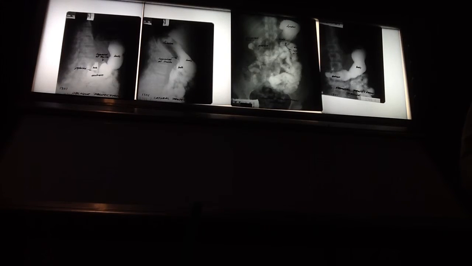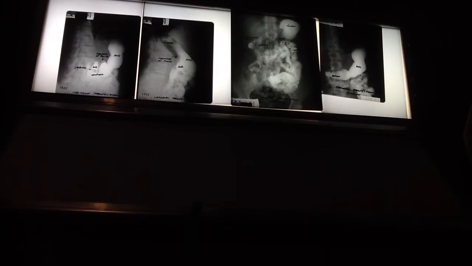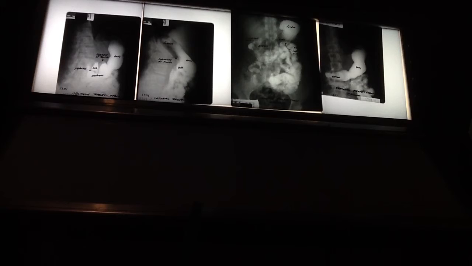So we'll show you one in just a second, but as the dye is moving through, you have peristalsis. So I can be standing there as the patient's lying on the table, and I'm looking at this with the fluoroscope, and I'm looking to see how everything moves, because I might have an area where there's a tumor, and I don't get any movement. I might have an area that looks like it could be a tumor, but it's spasm, and it will change its shape. So the ability to see that in real time is invaluable, okay? All right, and that's something that